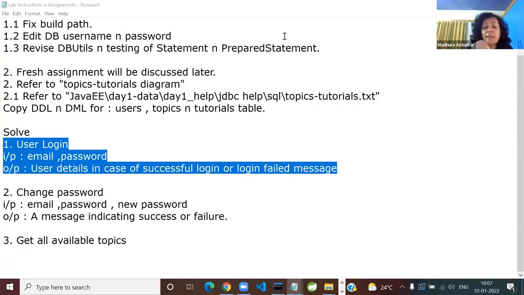The moment I say you are going to write a JDBC application, what is the first thing you will add? What will be the first step? I'm just taking the revision. Add the JDBC jar in the runtime class path. Exactly. At the time of creating the project itself, you can say library and add external jar. Everyone understood? No confusion?